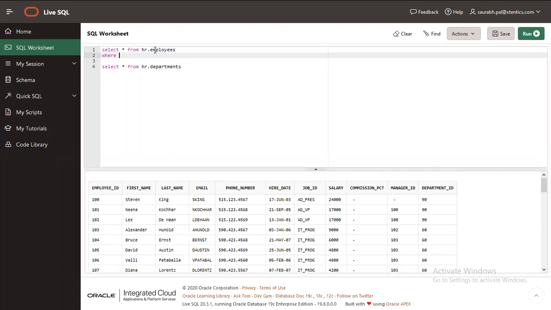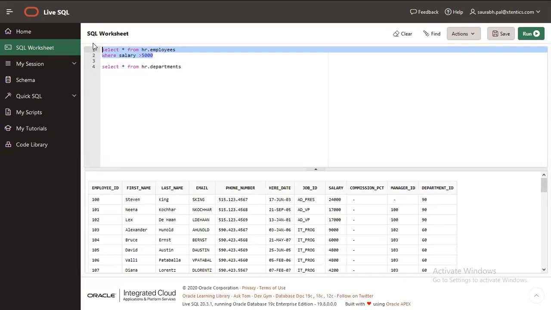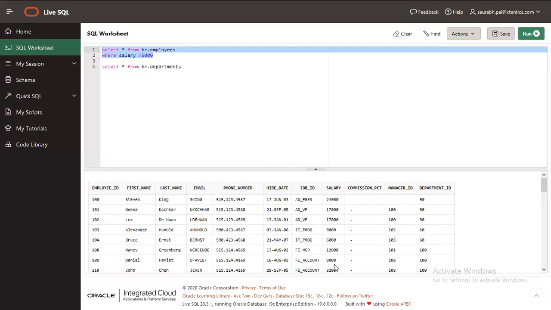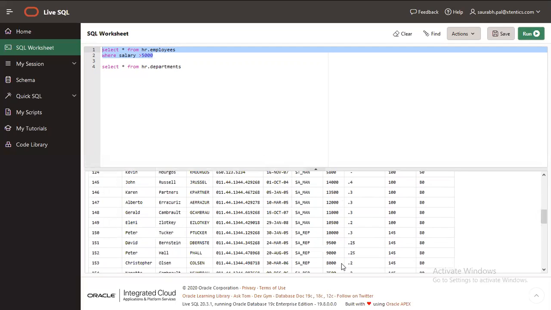Where, let's say we put a condition, salary greater than 5,000. So this is the salary. Anybody whose salary is greater than 5,000 should show up when I run this query. I run this. See, anybody below 5,000 is not there.